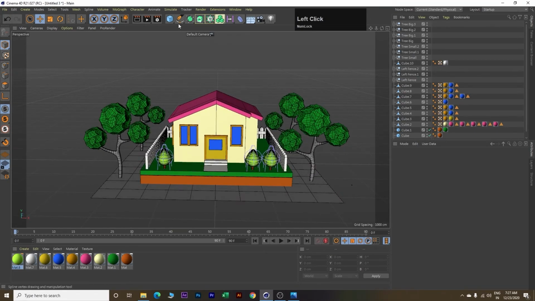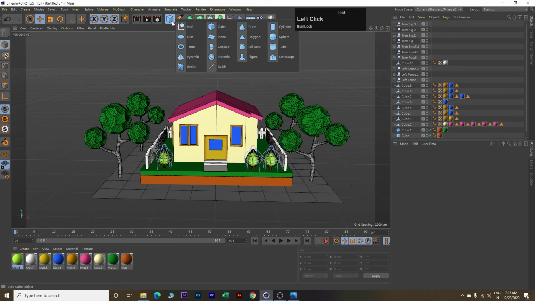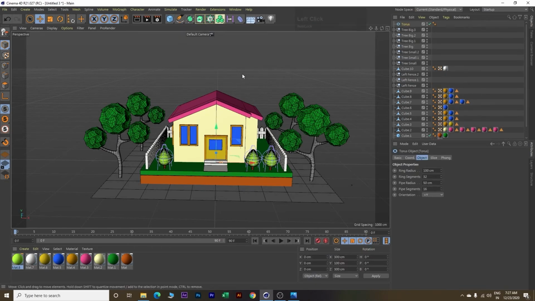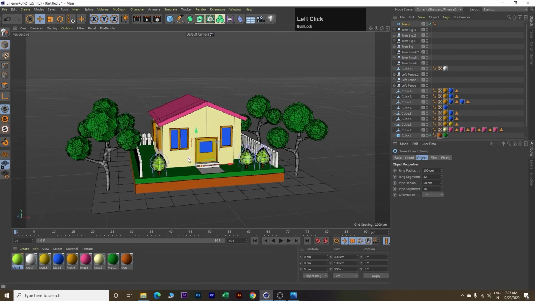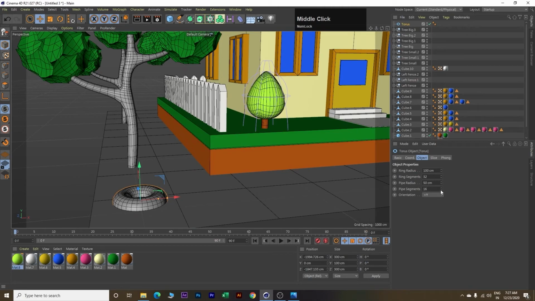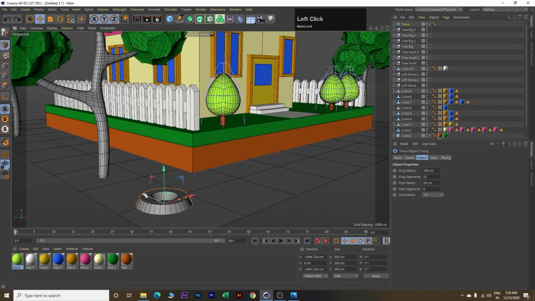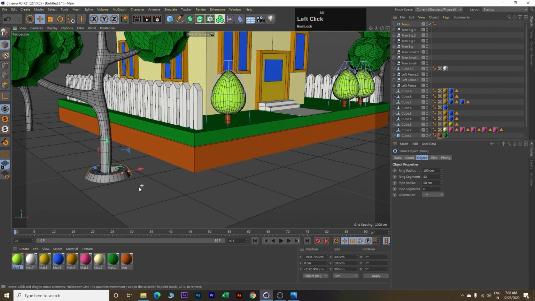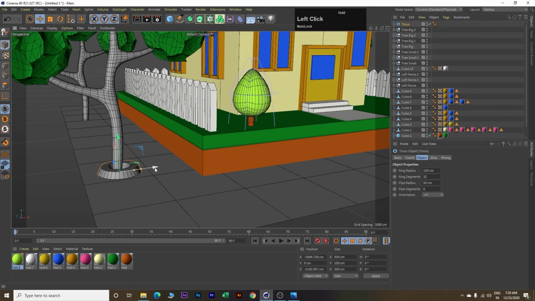Next, we will insert a torus. We will bring this torus outside somewhere here. Then we will reduce the segment to 6 and we will place it here and a little bit left.